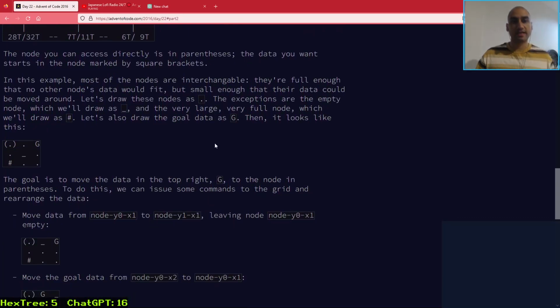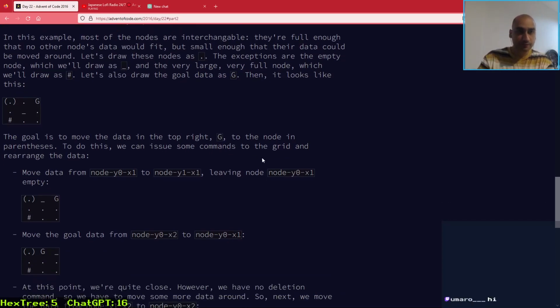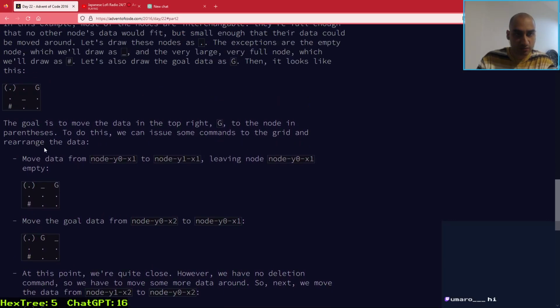Goal is to move the data in the top right to the node in parentheses. Yeah, we've established that. I think they're repeating themselves. To do this, we can issue some commands to the grid and rearrange the data. So move the data from